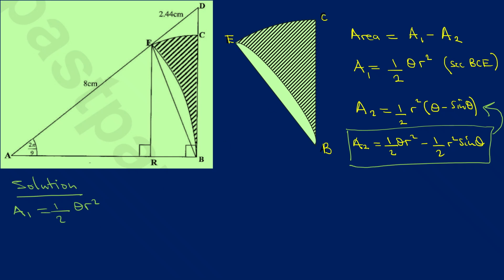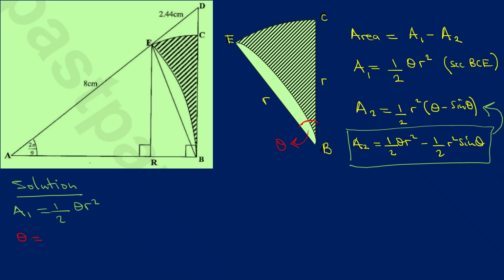So we know that R is just BE and BC. That's the radius. Then the theta which we are talking about is just this angle of the sector. This angle is the theta we are talking about. So we don't know this theta, and we also don't know the radius. So it means we need to calculate the radius of the sector BCE and also the angle of that sector BCE. That's what we need. Let's begin. How do we find the angle? So we know theta